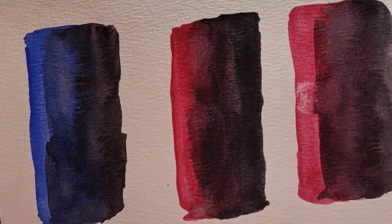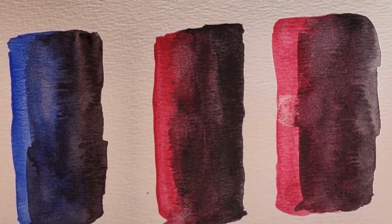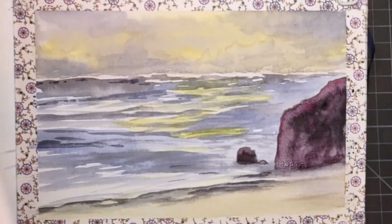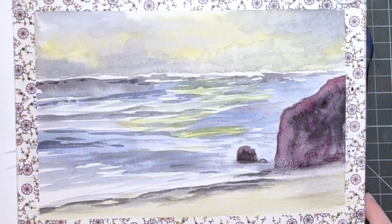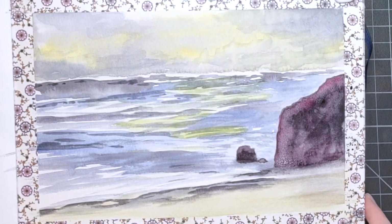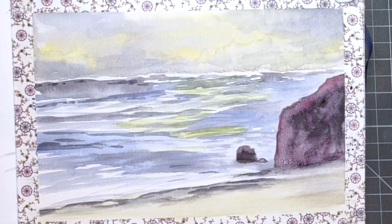I can't say, I mean, compared to like a Payne's Gray, I can see it taking the place of my Payne's Gray, because I can easily add tints to it and make it the shadow colors that I need it to be. So yeah, I'm more than pleased with this, and not for a spoiler alert, but this one is definitely going